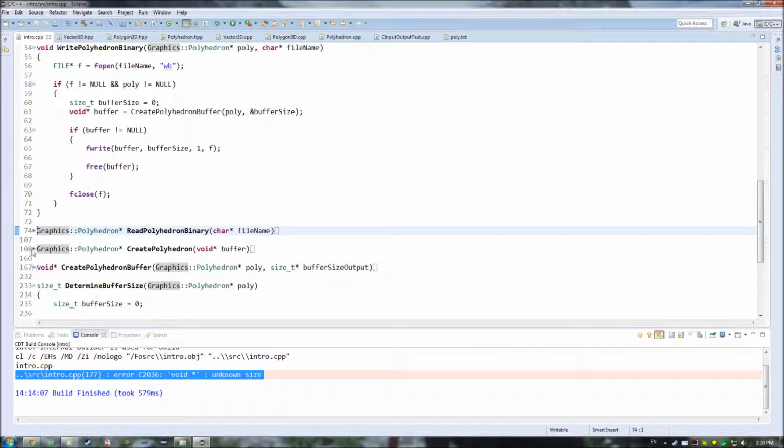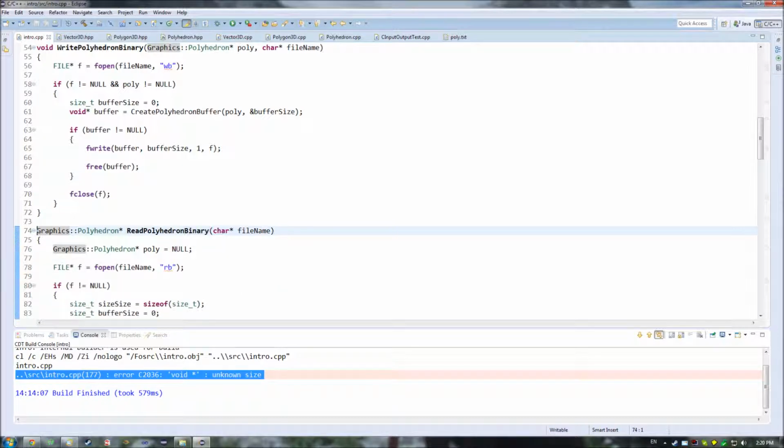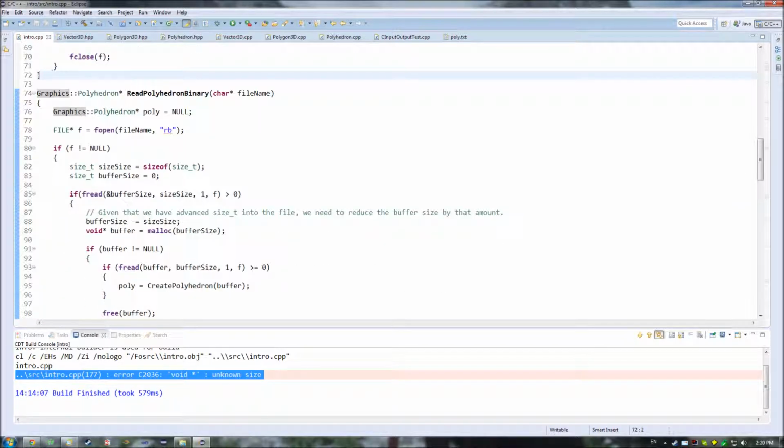So for this, we have a couple different things. We have create polyhedron and read polyhedron binary. Read polyhedron binary corresponds to write polyhedron binary, and we're just going to take in a file name and get back a polyhedron pointer. We're going to start off with it null, so in case we fail, we're able to check that what we get back is null. However, if we don't fail to open the file, and once again, we use b here to represent that it's a binary file that we're reading in,